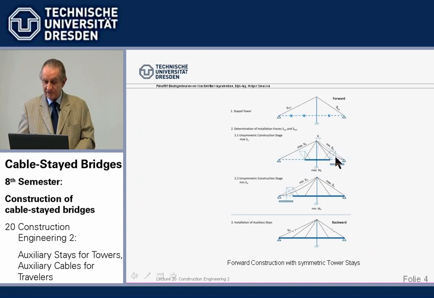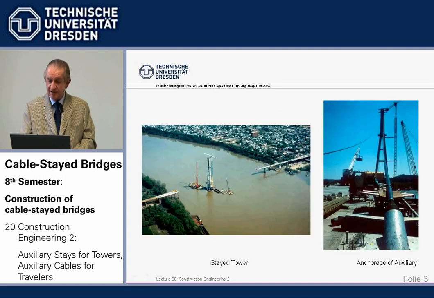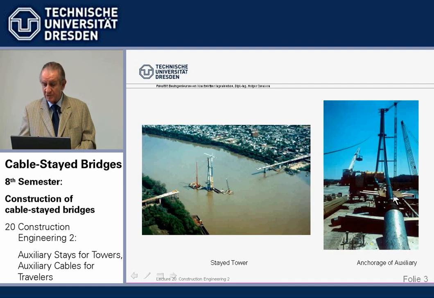we have the free cantilevering, and in this case lifting heavy precast elements left and right, and the moment the tower couldn't take. So what we do is we stay the tower with auxiliary cables to the hold down pier and here to the other pier, and we see it here. We have used the final anchorage and hung it into the tower,